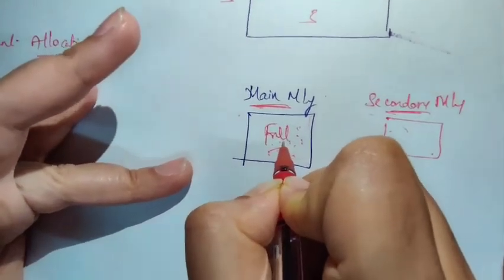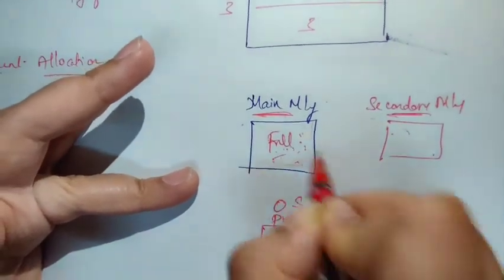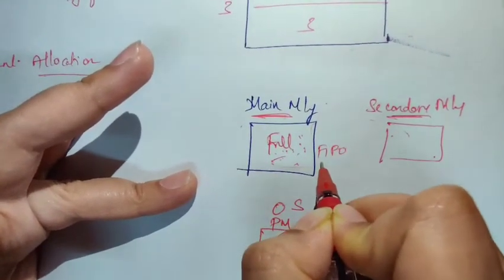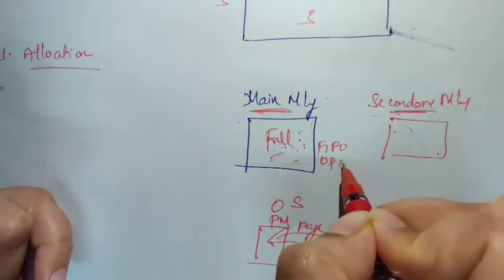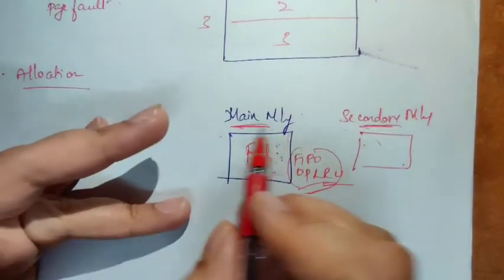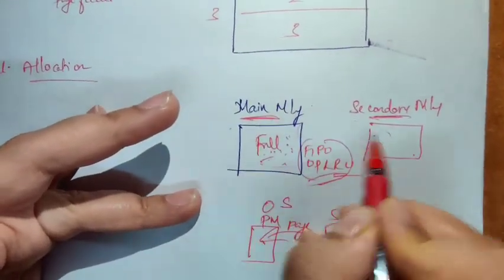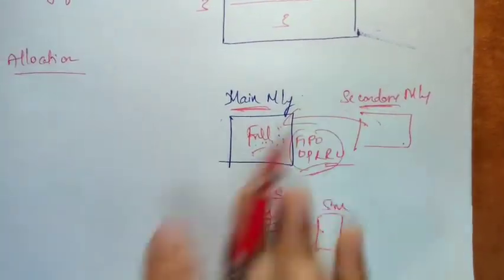So which page do we need to replace? In order to do that, we have many algorithms, that is FIFO, optimal page replacement, as well as LRU. Okay, so by using all these algorithms, we are going to replace the page in the main memory in order to get the new page from the secondary memory. Whereas in case of this global